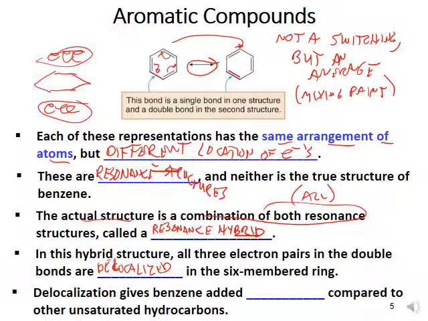Okay? If you guys remember the things that you learned in 111 about pi and sigma orbitals, they're in the pi shell. So they're up here and they're down there. But we're not going to worry too much about that. Just to give you the idea here is that delocalization, this is the main part, gives great stability